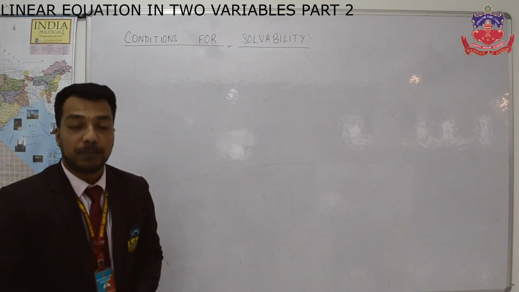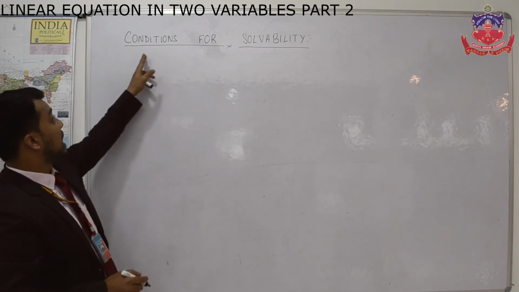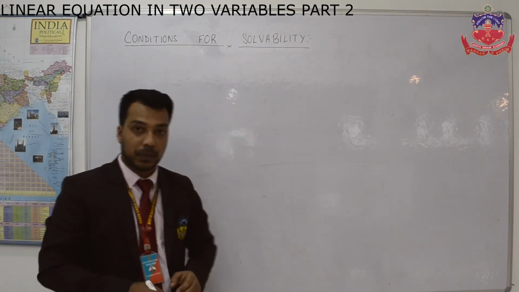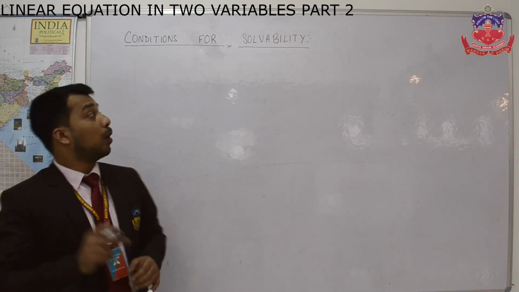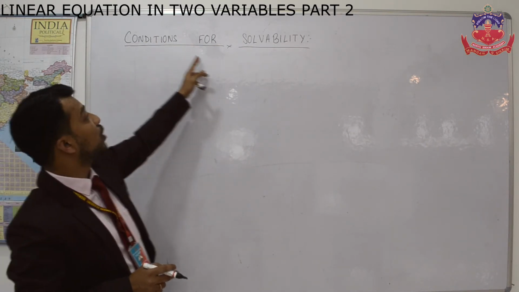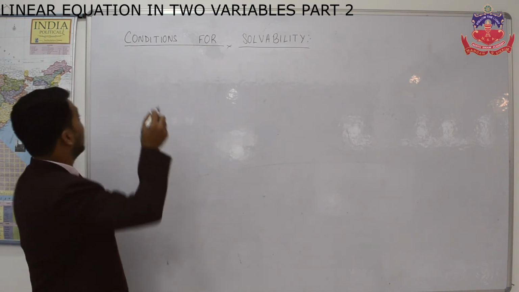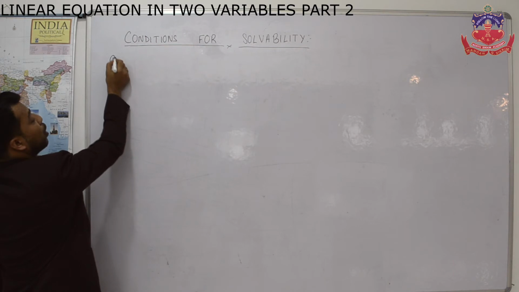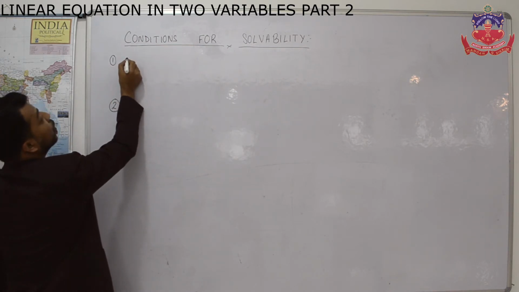Now we move on to the second topic of today's class. The second topic is conditions for solvability. So till now we have studied the graphical method and the algebraic method. Now we are going to study the conditions for solvability. So let's go back to the graphical method. In your graphical method, we have studied 3 types of lines, the first one, which is known as your